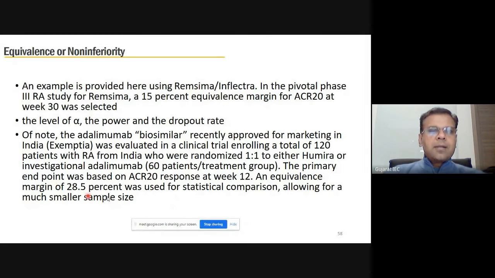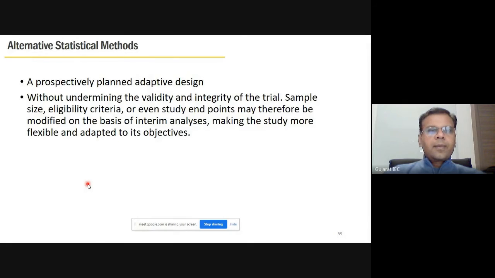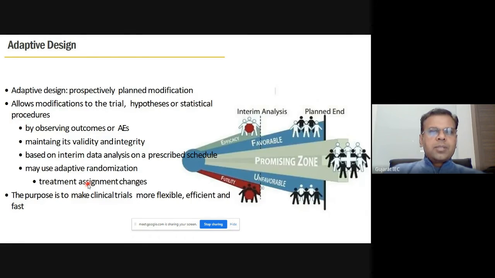However, with this large margin, you may be able to get an approval from India, but when you go to Europe or other US countries, they may scrap your study. You may never get an approval with this bigger margin. So there are various other statistical methods which are now used, which we call flexible approaches. So that brings me to one